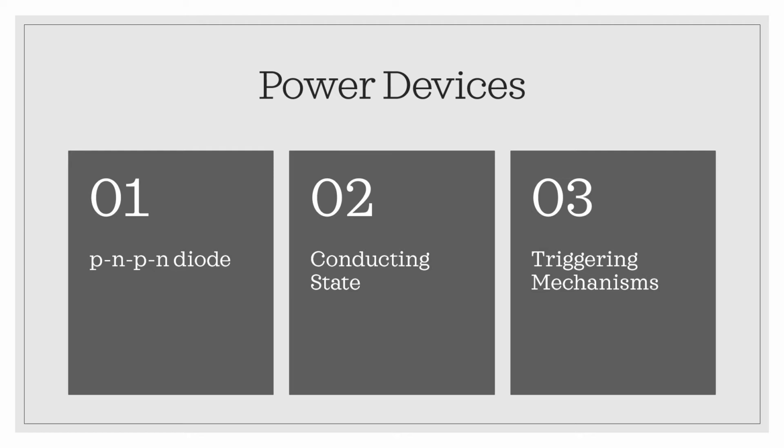In the last two lectures we have discussed the basic operation of the PNPN diode, its basic structures, its symbols, its variation of current transfer ratio with injection, and the forward blocking state. Today we will discuss the forward conducting state, and the triggering mechanism which is used in this PNPN diode to give avalanche of the current which is applied at the start.